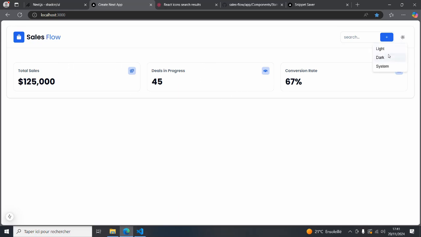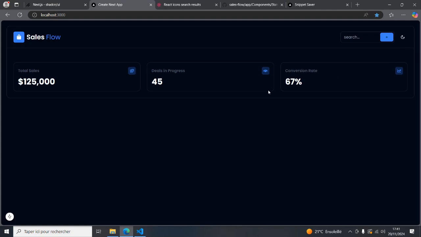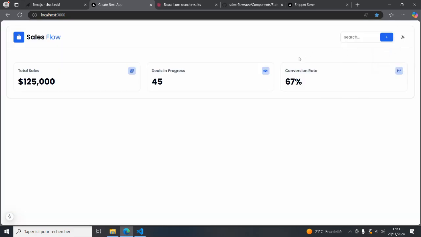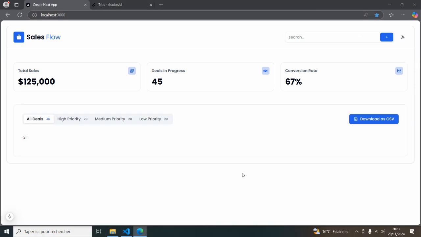And as you can see, even when I turn on the dark mode, everything looks good, everything looks awesome. And since I applied the Poppins font, everything is looking even cooler. And the next thing that I added is this part. So we're having the tabs to be able to easily filter the elements by priority just from here, and also the button to be able to download the table or the information as